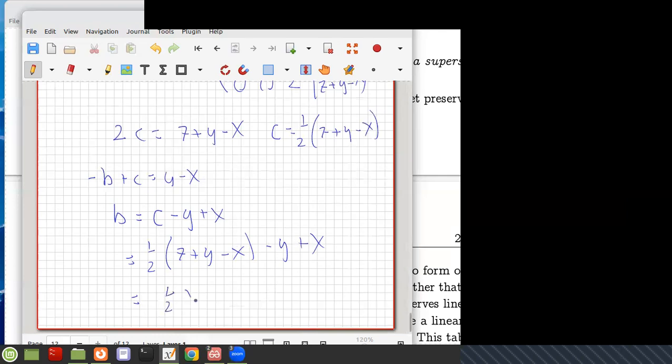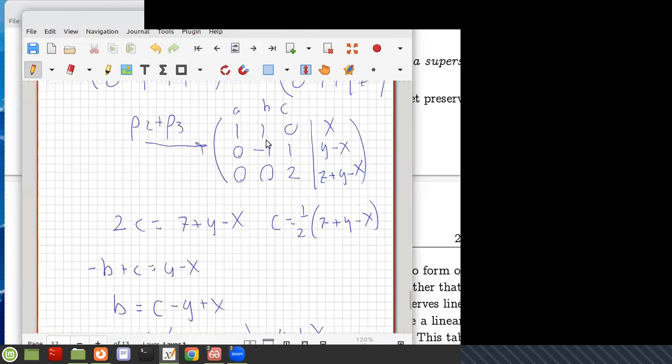That's 1/2 x. The y's are going to be 1/2 y minus y, so minus 1/2 y, and z is 1/2 z. So I found b,